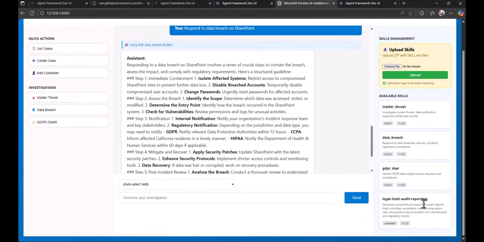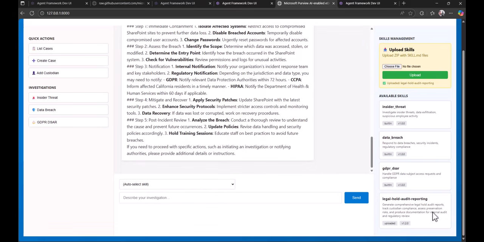We'll see that in the web interface as well. This is version 1.2 of my skill. And again, we're able to ask questions now of this agent that will call that specific way that we do legal holds. A really important part of this for any organization in the last couple of years is understanding what